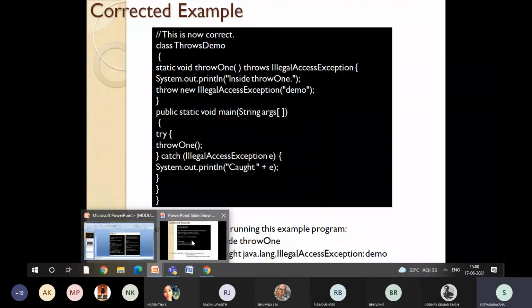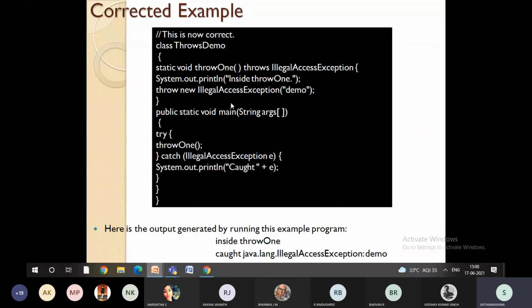So throws is nothing but predicting that this error or exception may occur, but I cannot handle it because it may occur, it may not occur. But in the previous example, dividing by 0, you are pretty sure that if a value becomes 0, the exception is going to occur. Here I'm not sure. There might be illegal access, there might not be. Someone might access it, someone might not. In that kind of scenario, we use the throws keyword to throw the exceptions. We can also write catch blocks, right?